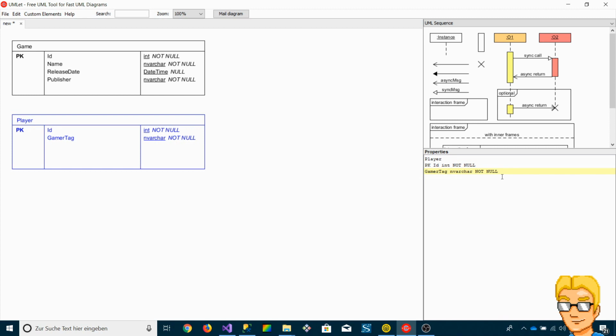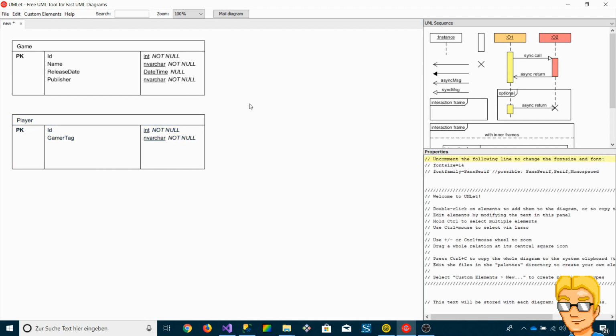Just call it the gamer tag instead of name. And yeah, I think for now that should be it. Maybe we're going to add some more attributes to that later on, but for now, that's just fine. But actually,